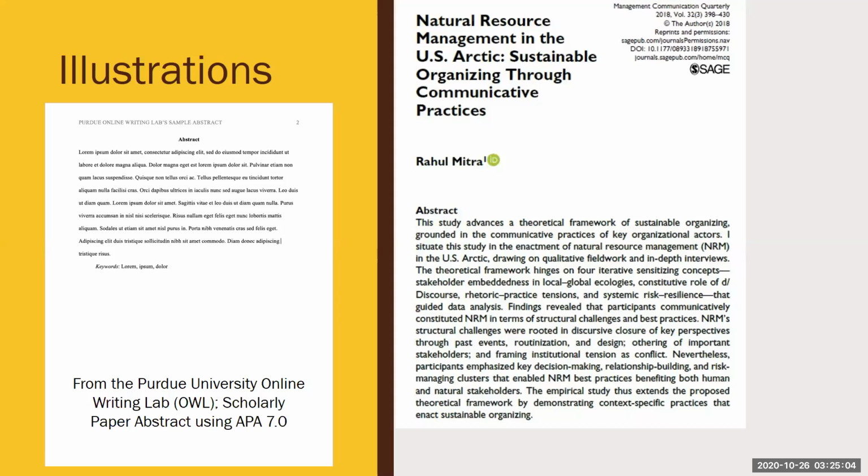On the right-hand side, I'm going to show you through some examples of my own work, research papers, how those 5 key components of an abstract play out in real life. Now, key thing to remember is that those 5 components, object of study, literature or theory, method, findings, and statement of implications, don't necessarily always have to be in this strict order.